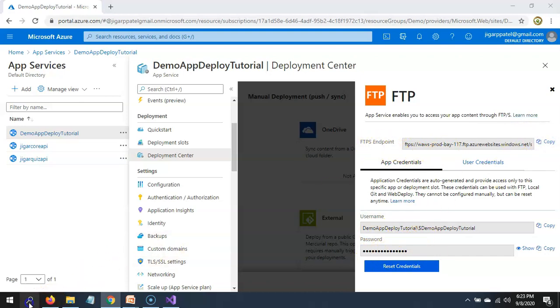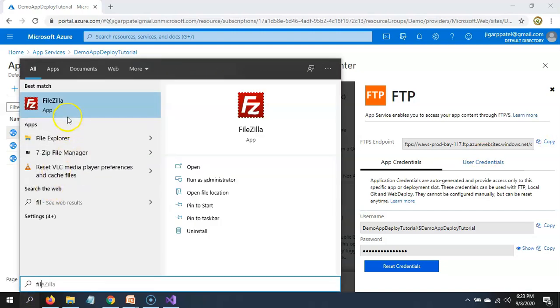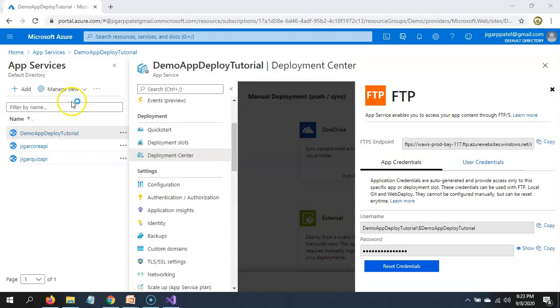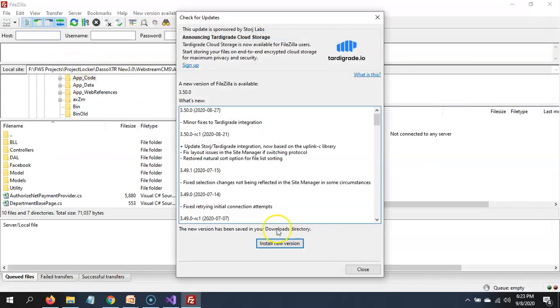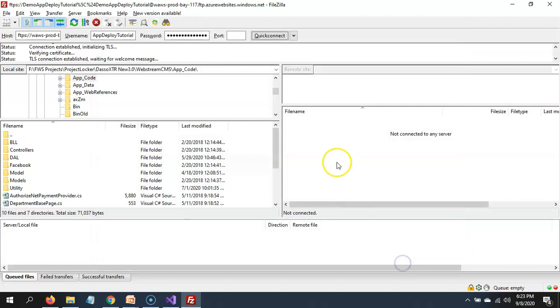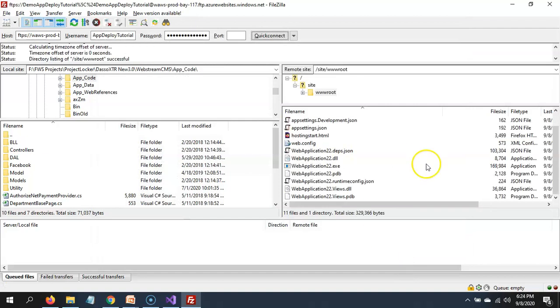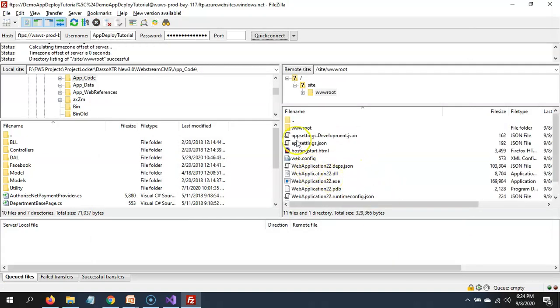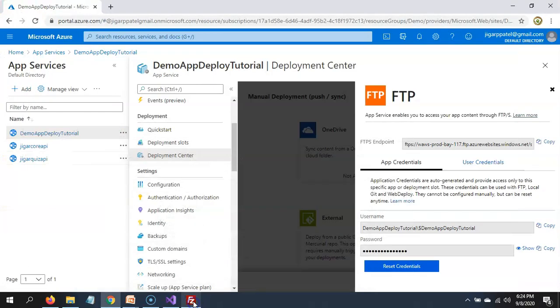So let's try to open it using FileZilla. You can also access it using the FileZilla FTP, and you can upload it using the FTP. So thank you for the watching.